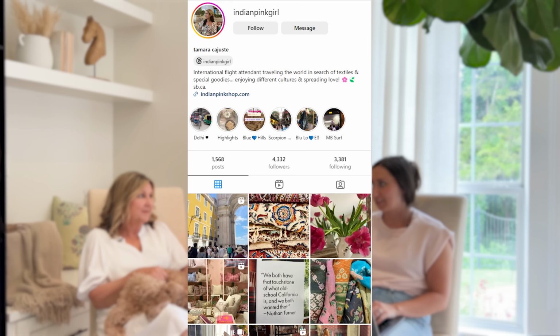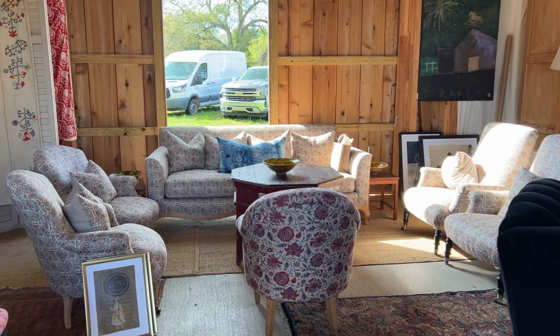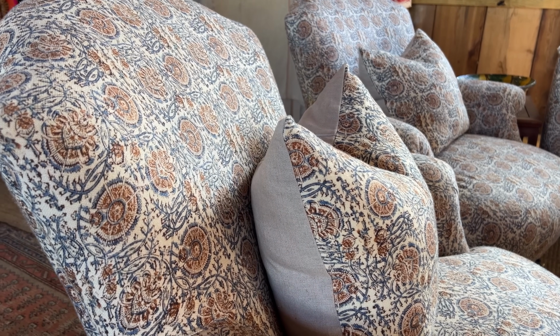Right. So the next thing was actually my favorite thing. Can you guess it? I can't guess. I don't even know. The chairs. Yes, y'all. Oh my goodness. Her Instagram handle is Indian Pink. You guys, when we walked in, I grabbed Tracy and said, there's your chairs, because she had been looking for the cottage that is behind the cabin to do something more Amber